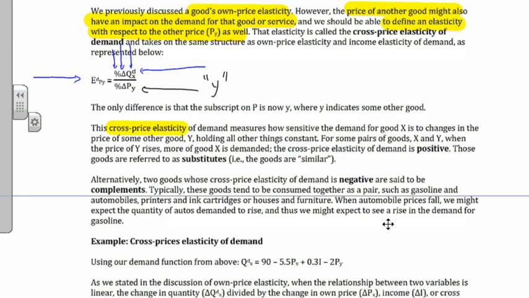Everyone comfortable? The cross price elasticity measures how sensitive the demand for my good X is to changes when we start to change the prices of product Y, another good. Everyone comfortable? Now, let's say I've got a pair of goods X and Y. My product is X, the new one is Y. When the price of Y rises, let's say, for example, more of X is demanded because the price of Y just got too much, we would say the cross price elasticity is positive,